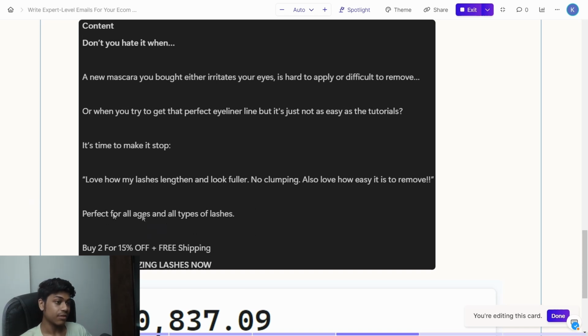Another pain point slash benefit slash reason to use our product, to be honest, because they're older women and they don't have very long lashes. They're very short and sparse lashes. We know this about the audience, but if you don't know this about your audience, by the way, you should use a survey or something like that. I'm going to make a separate email about surveys, probably in the next video or a very near future video. But you need to know what your audience actually is. Like if your audience is half women and half men, and you're writing copy just for women or just for men, it's not going to work very well, right? So you want to know what your audience is and actually write it based on who they are.